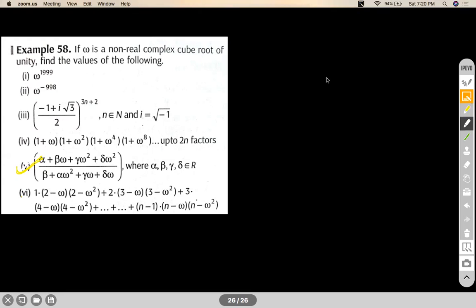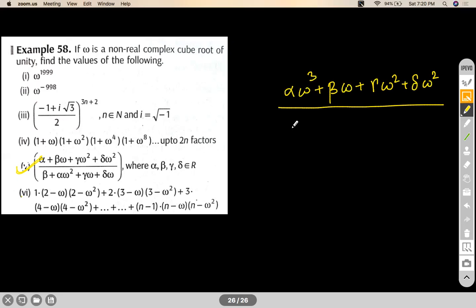Okay, without much waste of time, can I write this alpha as 1? Sorry, I'm just writing the numerator. What I'll do is write 1 as omega cube. That is valid, correct? And the denominator is, let me write first this term, then beta, then gamma omega, then delta